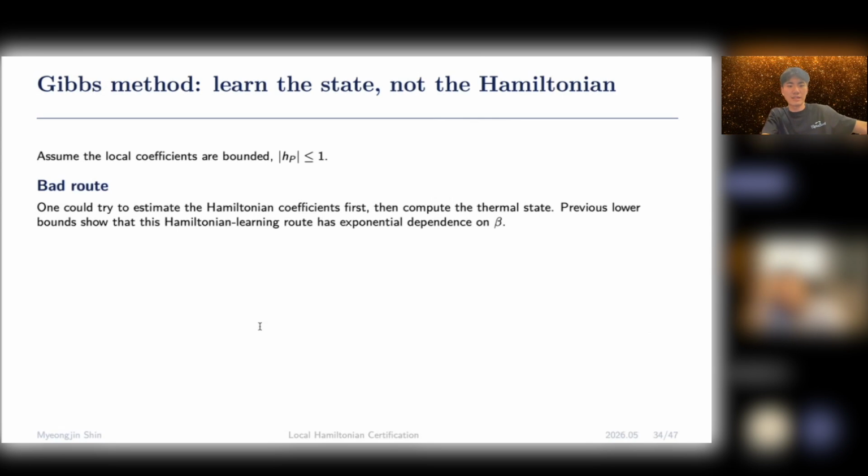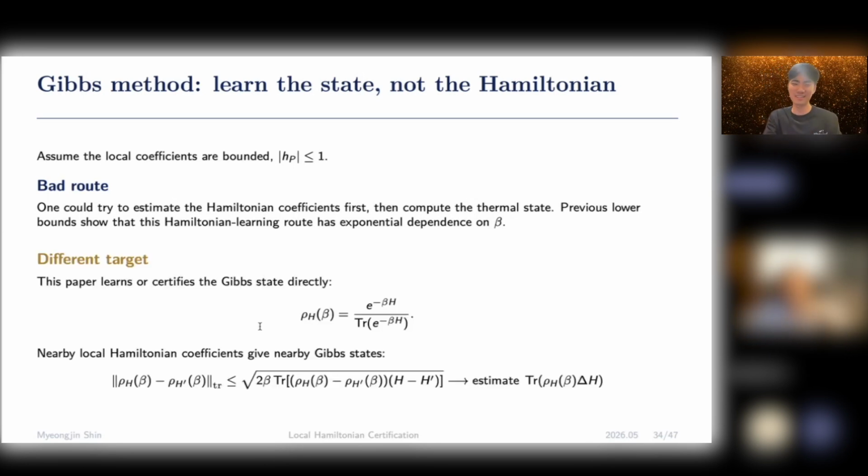So as said, other papers just try to learn the Hamiltonian using the Gibbs state copies. I kind of made a slide on it as the bad route, but it's not actually bad. It's bad in terms of the sample complexity, so we can say it's bad. We're taking the alternate route just to make the sample complexity polynomial. So as said, we are learning the Gibbs state directly,